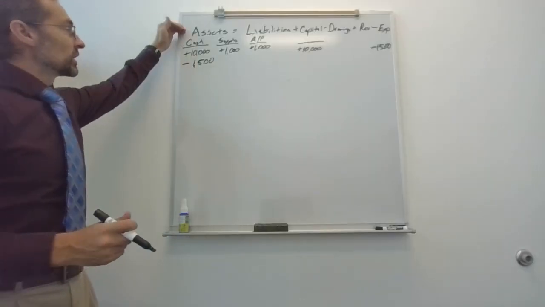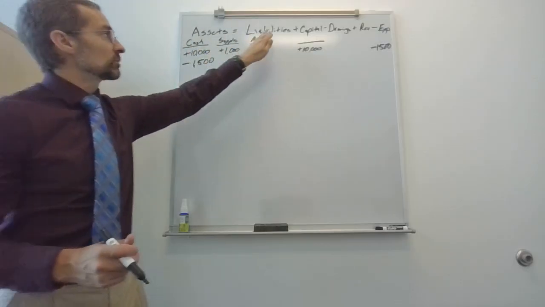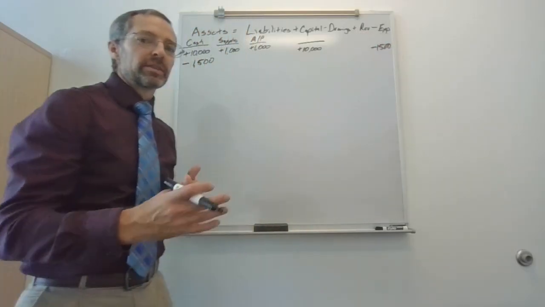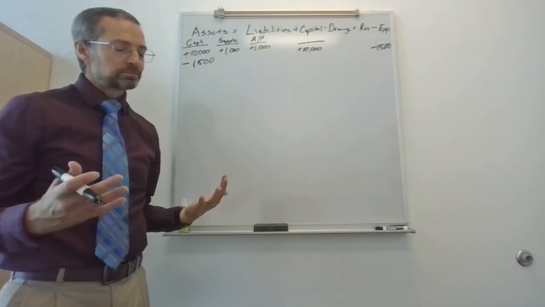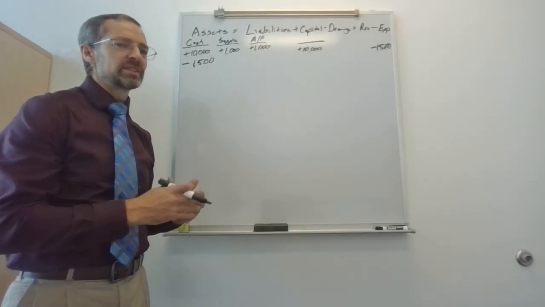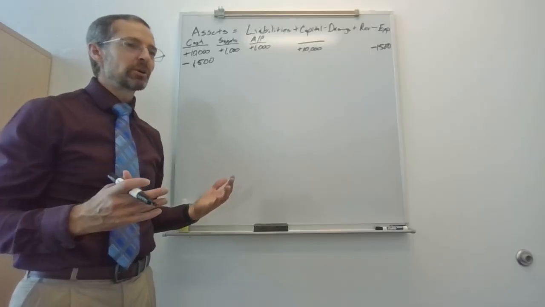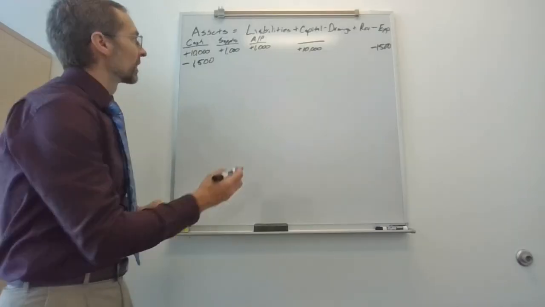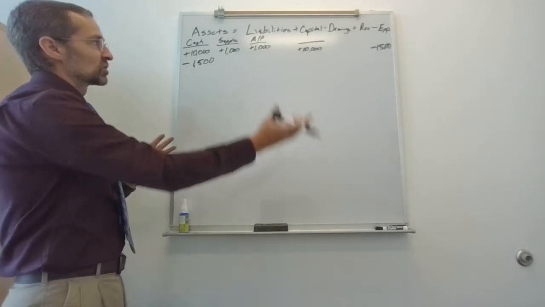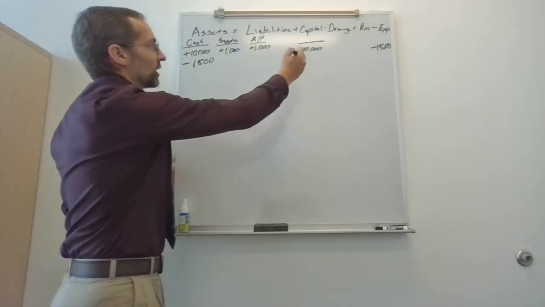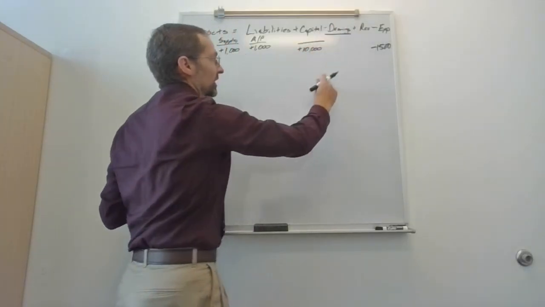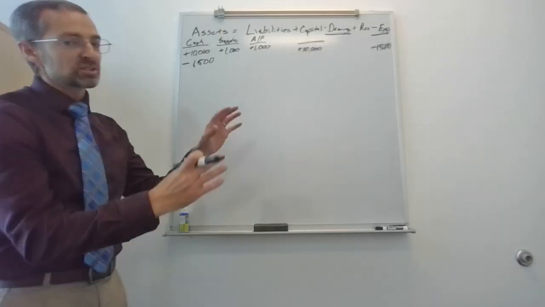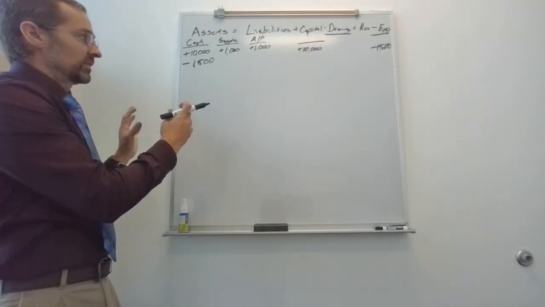All right, so we have our equation up here. Assets equals liabilities plus capital minus drawings plus revenue minus expenses. There's some pluses and minuses mixed up in there. What if I wanted everything in the equation to be positive? How can I change the equation so everything has a plus sign instead of some minus signs in there? So this is just some algebra. I can switch some things around. So I have my two minus signs. My drawings is a minus sign, and the expenses is a minus sign. So I can just move those two things over to the other side of the equation.